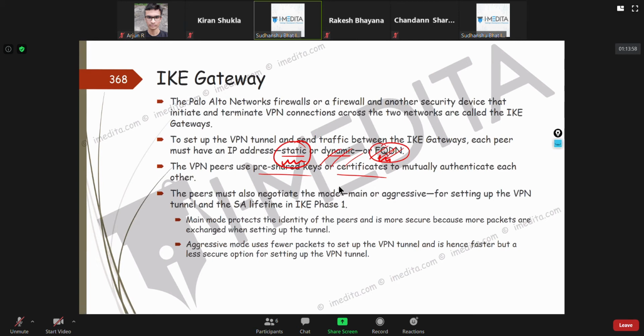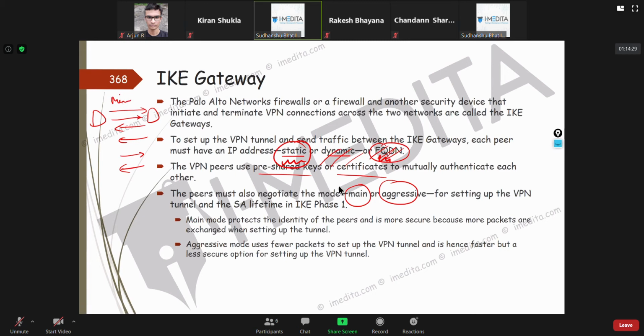Now they negotiate a mode, and there are two options here. One is main mode, another is aggressive. What's the difference? In easy words, I'll tell you. In main mode, all the things that need to be exchanged between the two firewalls are exchanged with more number of messages.